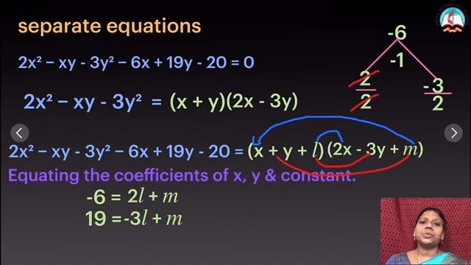Now what I have to do? I have to equate the constant. What is the constant given in the left side? Yes, it is minus 20, which is equal to, when can I get only constants? If a constant is multiplied with constant, then only I can get a constant. Therefore, L into M. Now I have three equations. I have to solve it. So it is enough for me to solve the first and second equations.